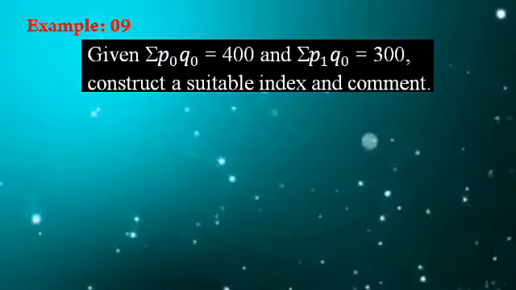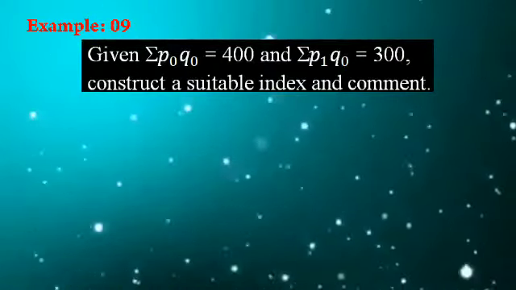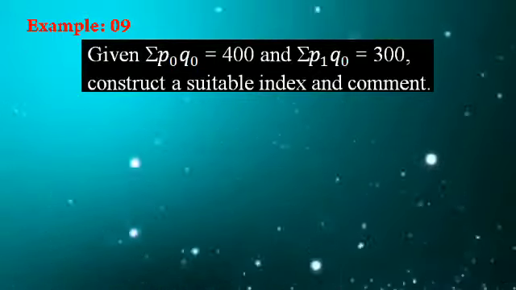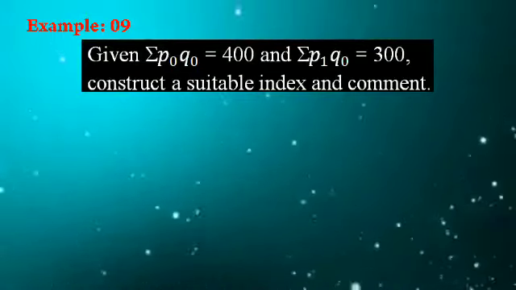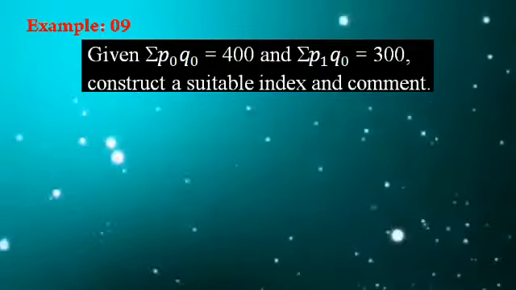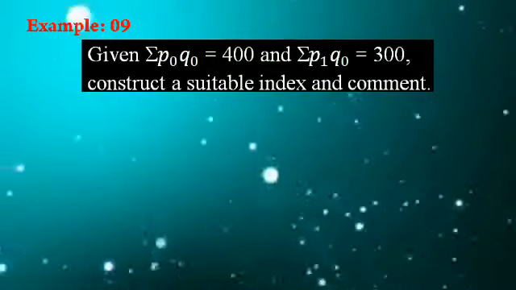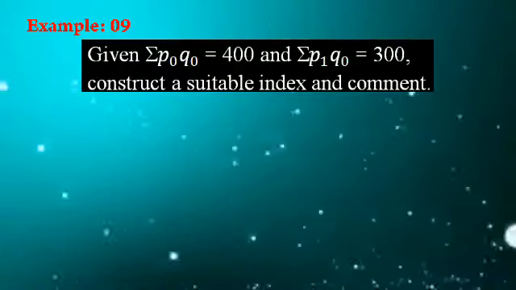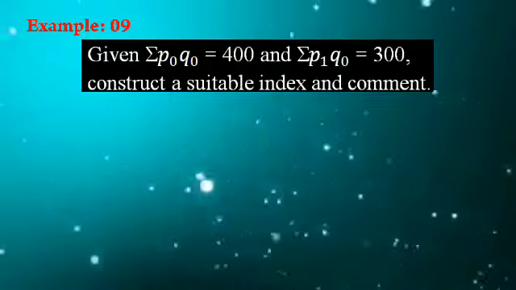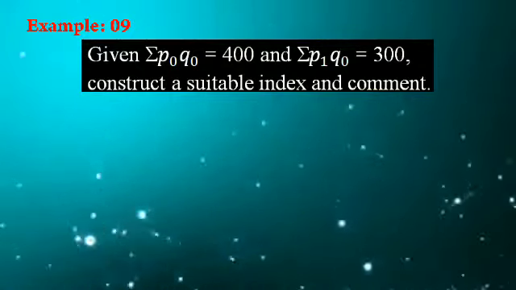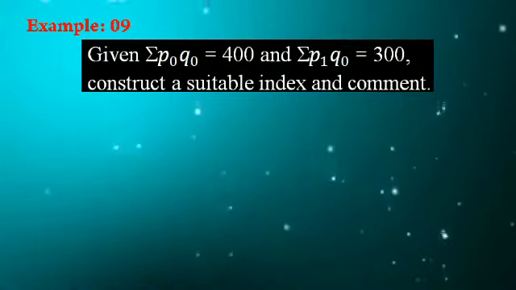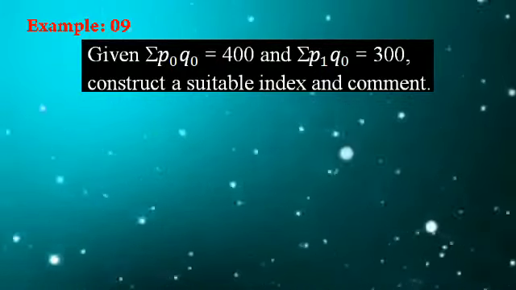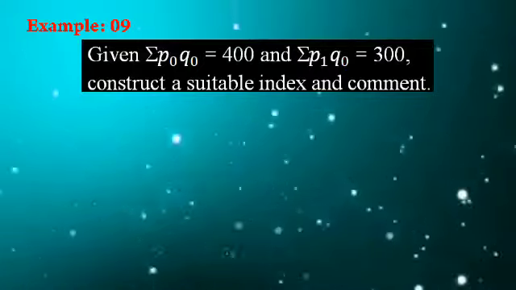As you can see in the given question, two sets of price values, p1 and p0, are given along with the quantities of the base year. Here q0 is fixed. Q0 is common in the first and in the second set, right? So p1 and p0 change where q0 is fixed for the first set as well as for the second set. So two sets of price values and the quantities of the base year are given in the